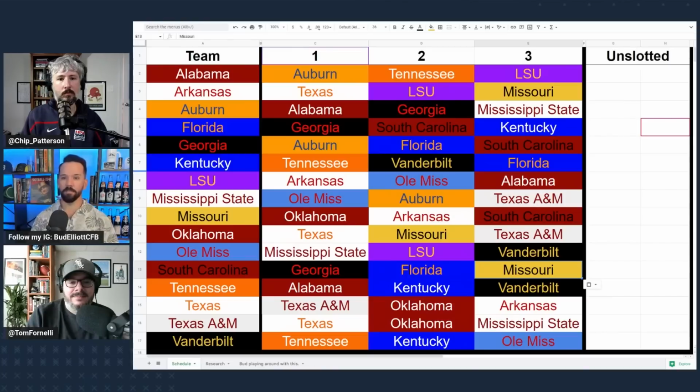Are those teams really getting screwed that much? I think this is so fair that even Vanderbilt's not getting hammered here. South Carolina is eternally screwed as long as they continue playing Clemson every year, and they've got to play Georgia every year. As long as those two are Georgia and Clemson, you're just screwed no matter what you do. There's no combination of three opponents we can give South Carolina where they're not going to be like,